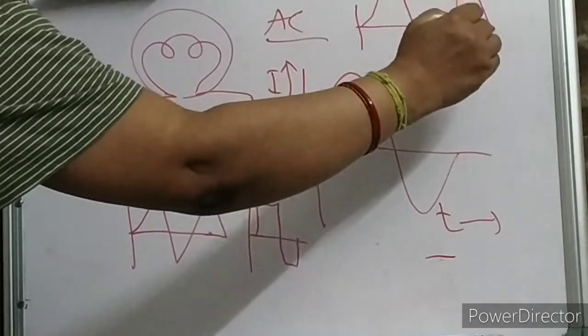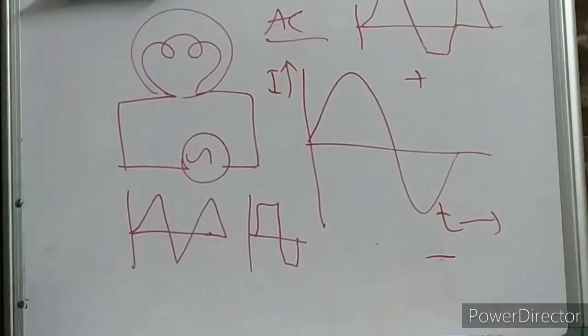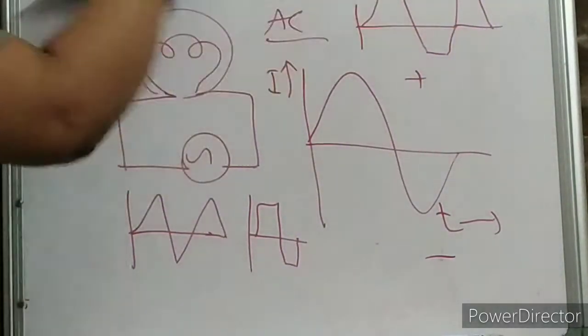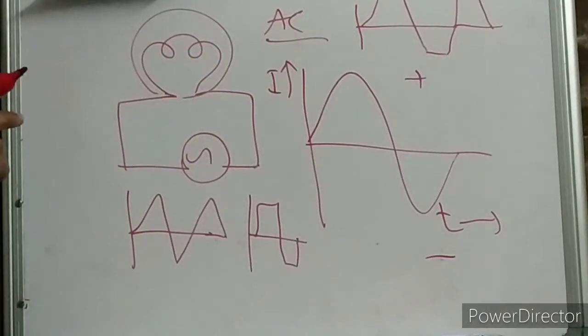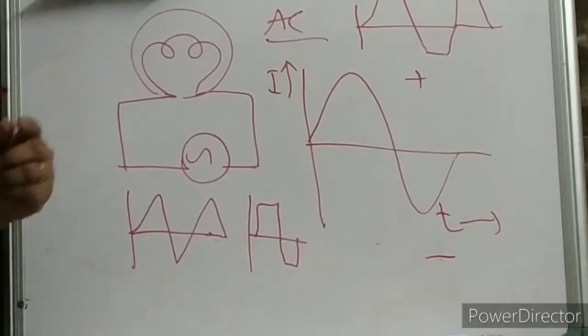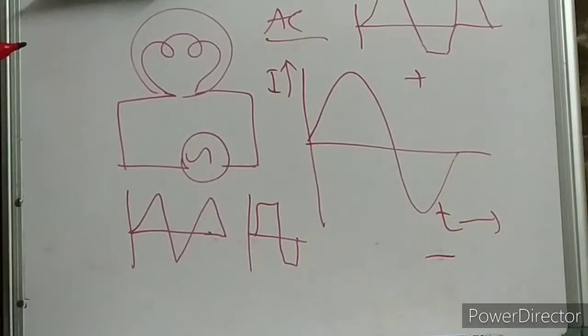Okay. Then this graph shows your AC. So from this graph, what are we observing? Till now we have seen current flow in clockwise direction and in anti-clockwise direction. In case of AC, if current is flowing in clockwise direction in 1 second, immediately within a fraction of a second, the current will change its direction.